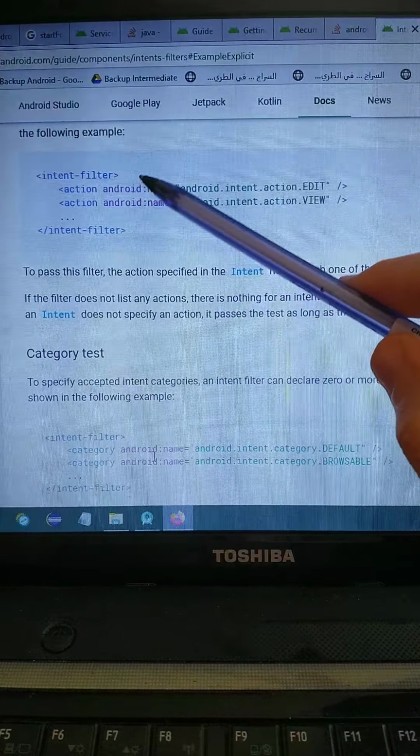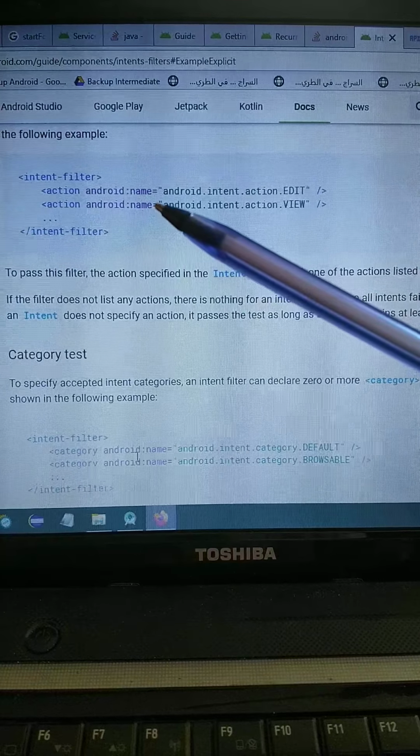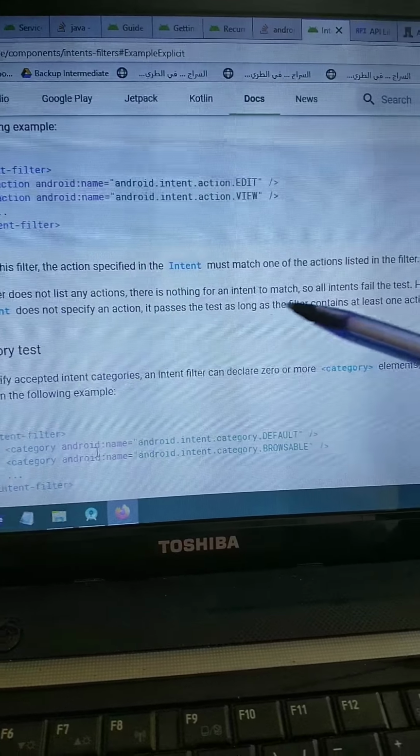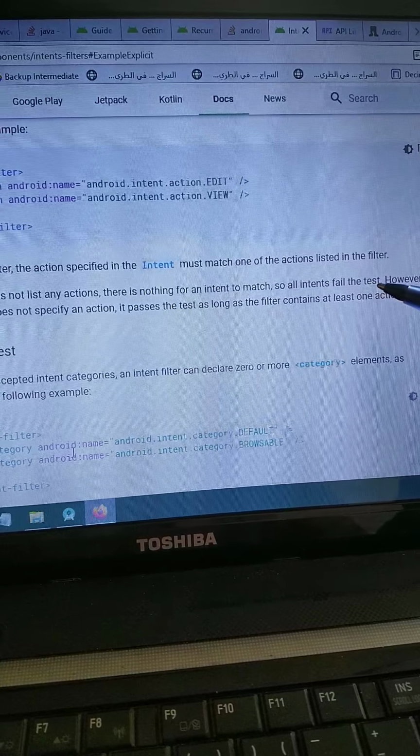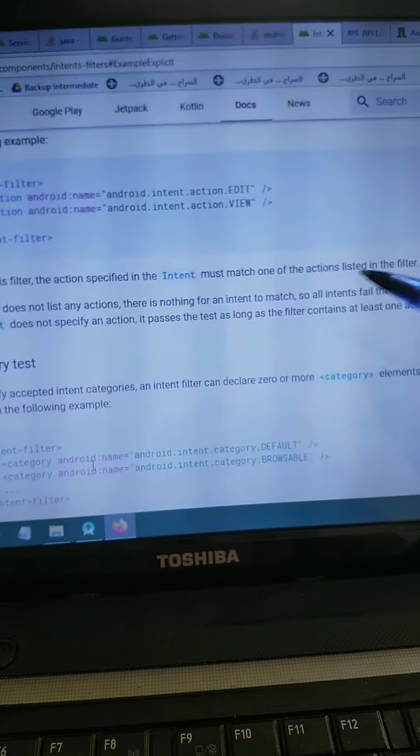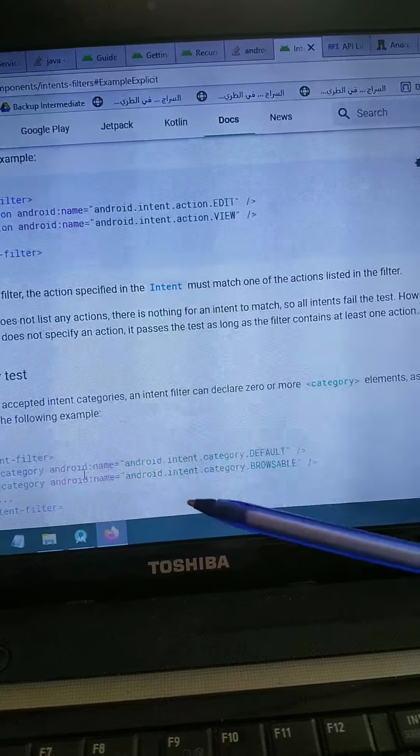The sentence says, I do not accept actions different than the ones here. So if there's nothing here, I won't accept any action. This explains why all intents will fail. All intents, like the requester, the one who wants to use our component here.